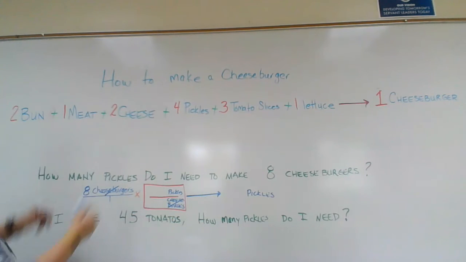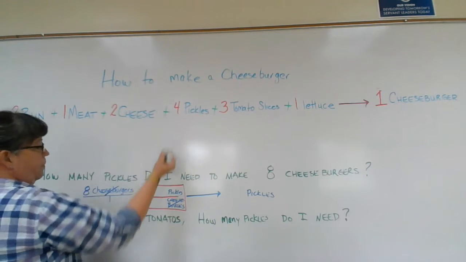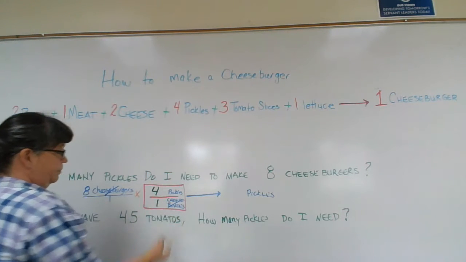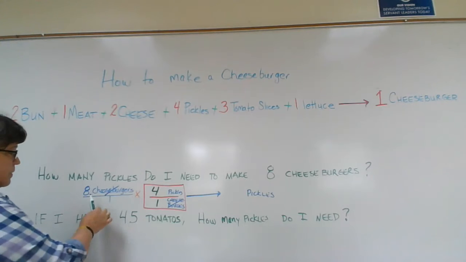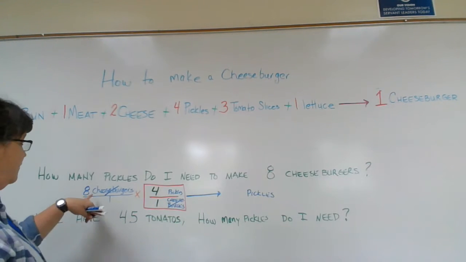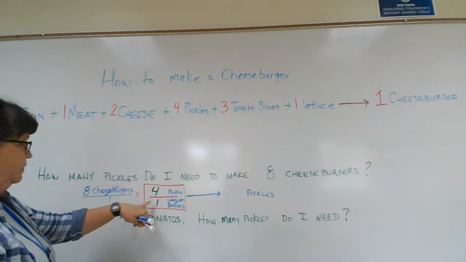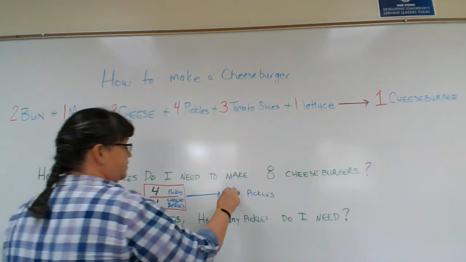So I look up now at my balanced equation, and I have to make this box from my balanced equation. So I see in my balanced equation that I have 4 pickles here to make 1 cheeseburger. So that's how I get that number. So then I multiply all my numerators, divide by my denominators. So I have 8 times 4, 32, divided by 1, 32. So I need 32 pickles